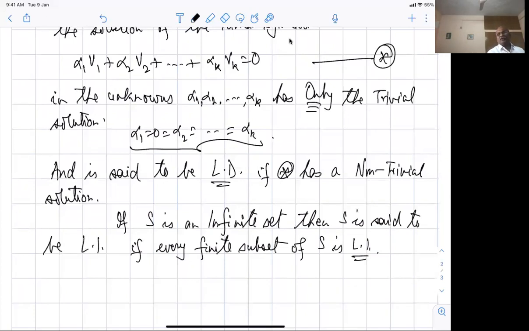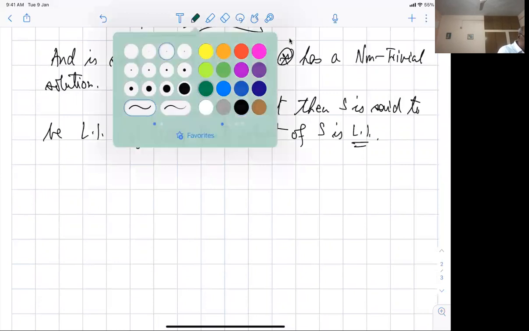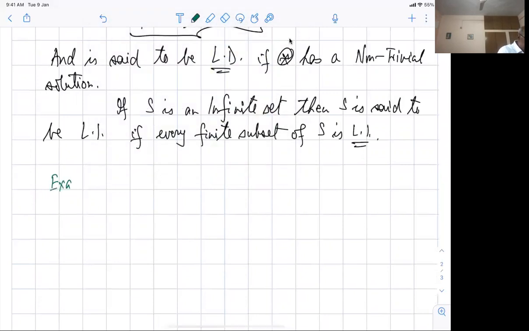So the homogeneous system, when we look at the trivial part, if it has only the trivial solution, then it is linearly independent. The columns are linearly independent. If it has at least one non-trivial solution, then we look at linear dependence. Fine. We have already looked at examples. I'll just take two more examples to make a slight change in the understanding of things. Example one. Suppose S consists of just the zero vector.